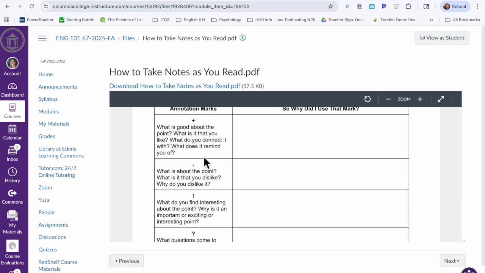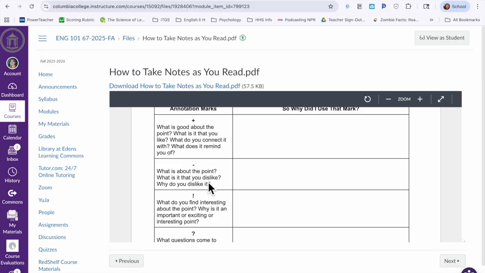So one thing that you can do is use a plus symbol for anything that you like, anything you agree with, something that maybe connects with another thing. What does it relate to? How does it relate to your life? So any of those kind of positive connections. You can also use a negative symbol